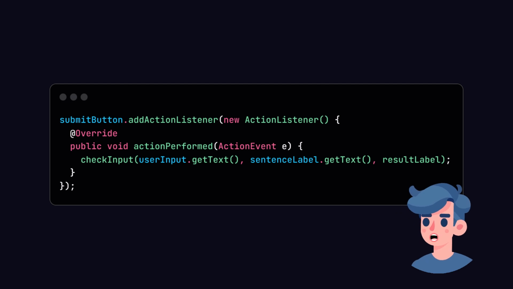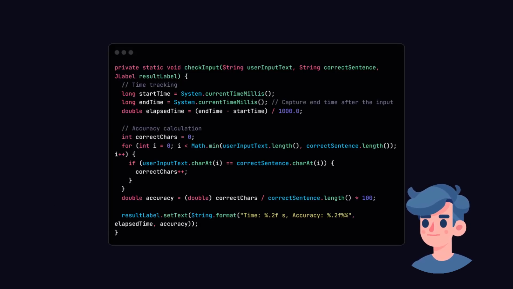Now, let's handle user input. When the Submit button is clicked, we need to compare the user's input to the displayed sentence and calculate the typing speed and accuracy. Let's define the checkInput method, which will evaluate the user's input. Inside this method, we'll calculate accuracy as a percentage of correctly typed characters and measure the time taken to complete